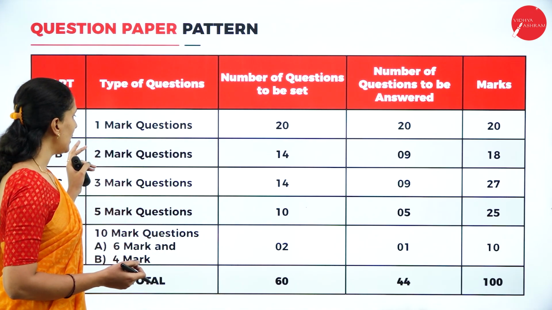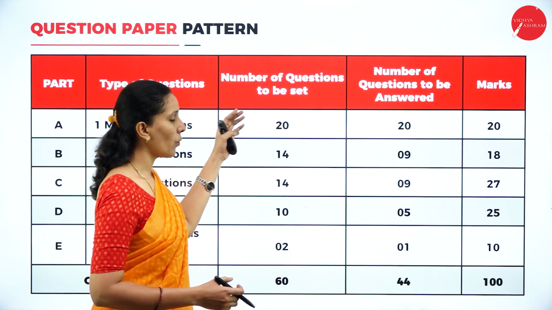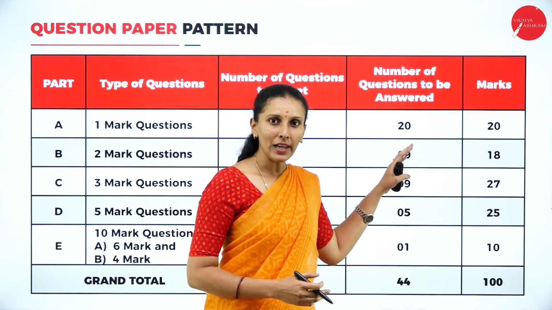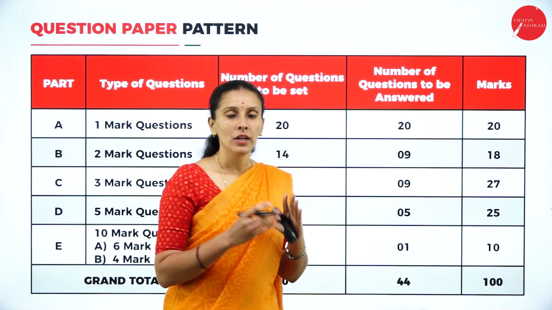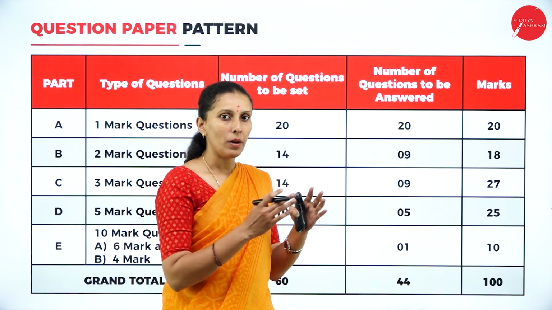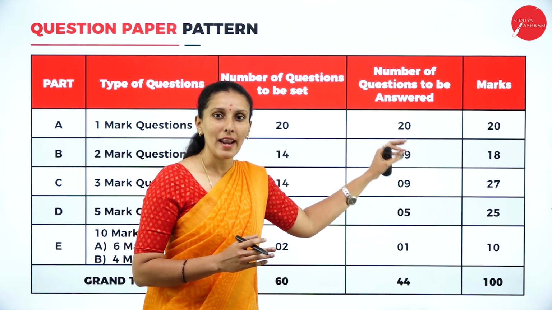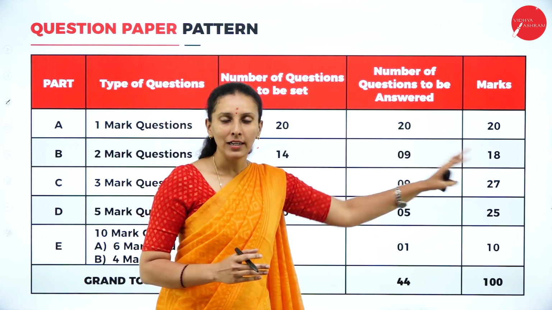And part B contains 2 marks questions from the different chapters. The number of questions set is 14. You are supposed to answer only 9 questions. So 9 twos are 18 marks. The best 9 questions will be chosen for correction. So you are supposed to attend a maximum of 9 questions out of 14 questions and you will get 18